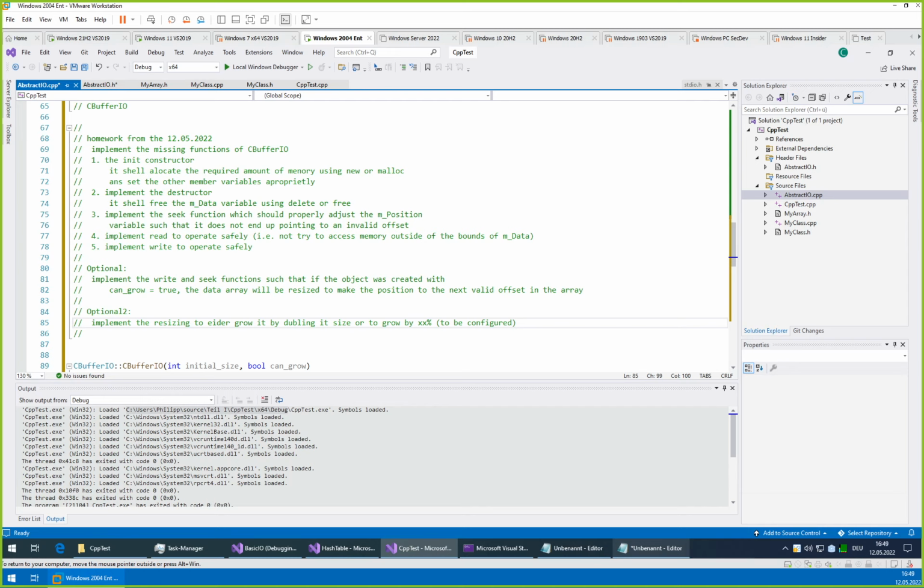Yes. So maybe one more hint to do that. The get size function on the actual size of the data and not the size of the over provisioned array.